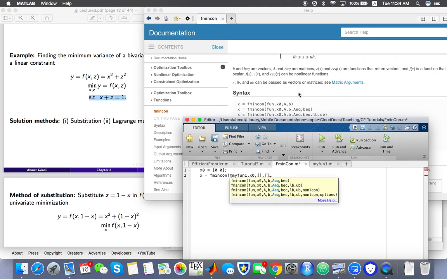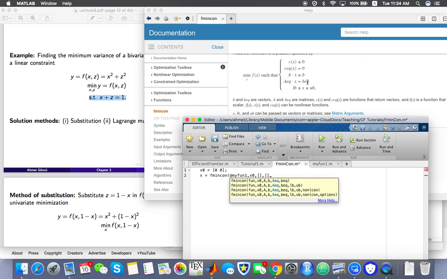And then we have some equality constraints. So this is Aeq and beq. In this case, we're going to write this in this way. This is going to be multiplied by x1 and x2, or you can think of this as x and z. So this is x plus z, and the right-hand side is simply equal to 1. If you don't have any other arguments for the lower and upper bounds, you can just stop there. And if you want to display the result, you don't need to write anything else here. So if we run,